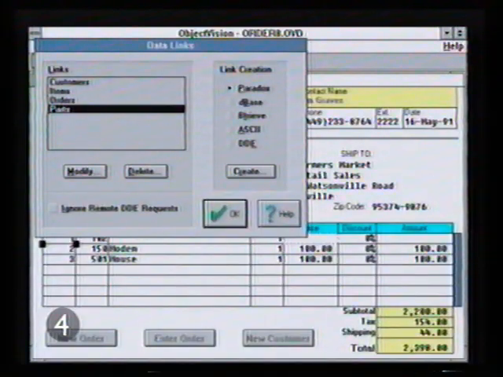All of our examples so far have involved linking Objectvision fields to existing Paradox database fields. But Objectvision also has the ability to create database tables from scratch. That's because Objectvision includes a Paradox engine, a DBase engine, and a btrieve engine as a standard capability of the